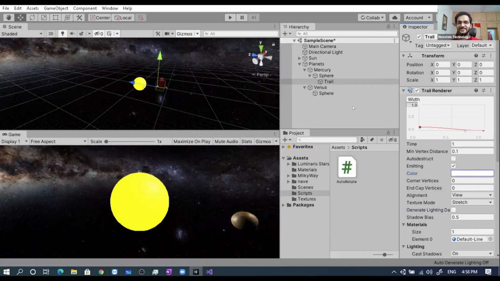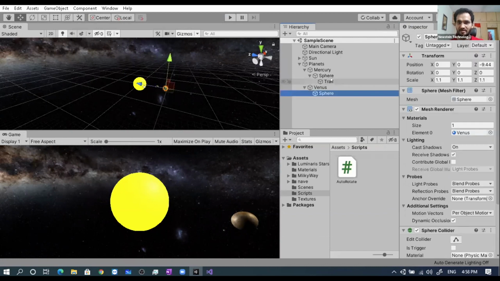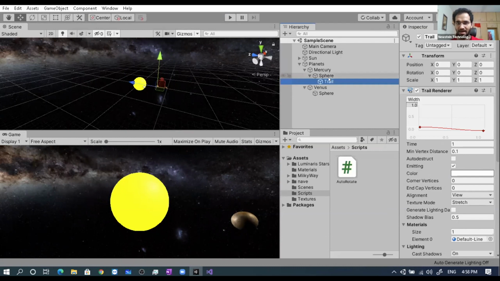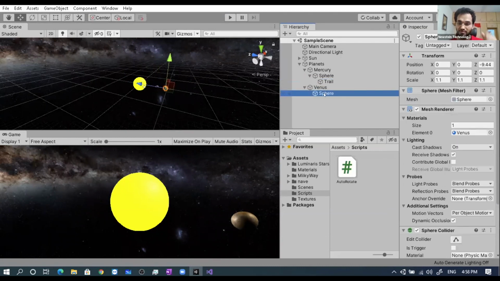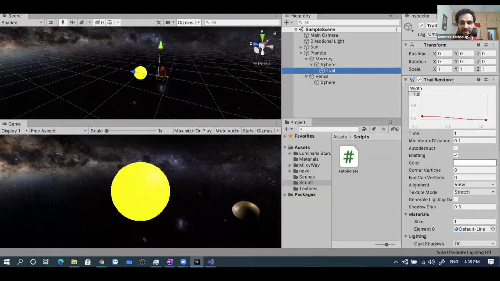Okay, so that is it for today from this project. You can play, add a trail and play around. For those whose trail is not coming, I'll check just after the class. But for today's class, this is it, if you want to play along. I'm just closing this project and starting our car project. Now we'll work on the car project.